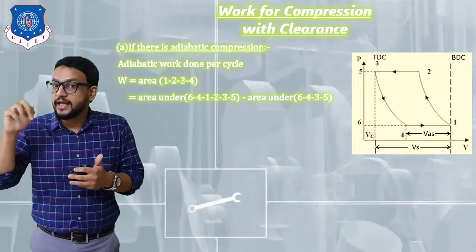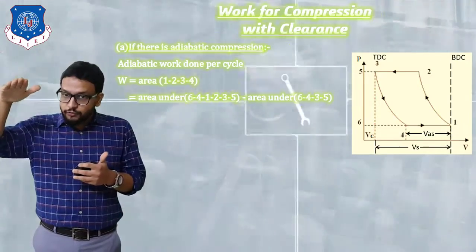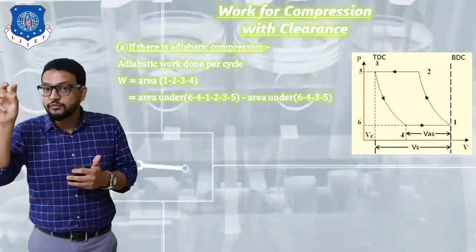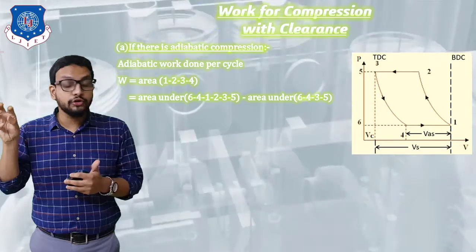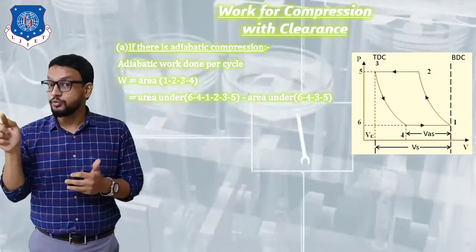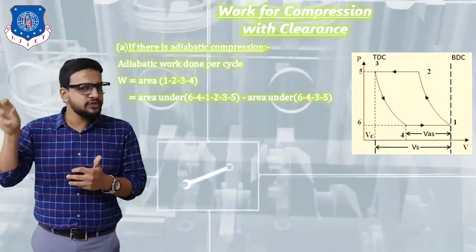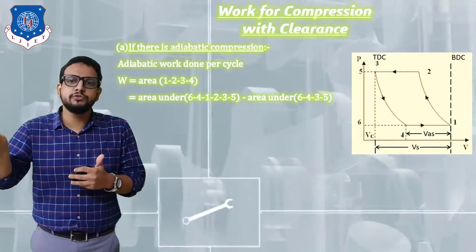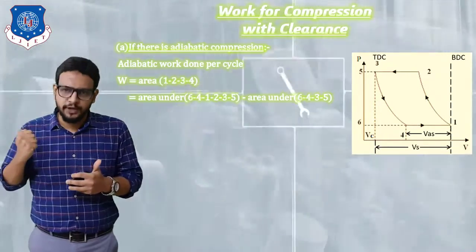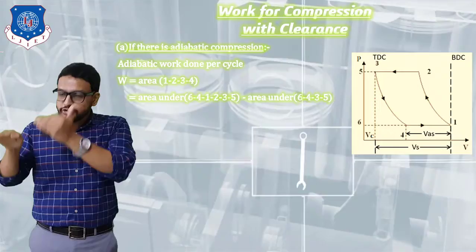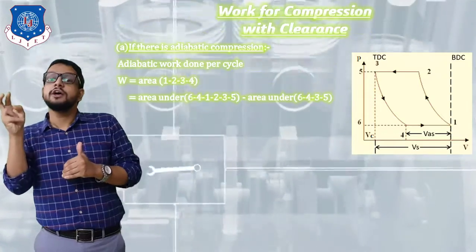In our next cycle, the first stroke will again be the suction stroke. When it moves from TDC to BDC, the expansion of that compressed air will first take place, which means some portion of the suction stroke, during which fresh air has to enter the cylinder, is just wasted in expanding that compressed air. Why? Because if compressed air is present in the cylinder, the pressure will not be reduced below atmospheric pressure, and fresh air cannot enter the cylinder and the inlet valve cannot be opened, even during the suction stroke. So some portion of our suction stroke is just wasted in expansion of that compressed air which was obtained during our previous cycle.